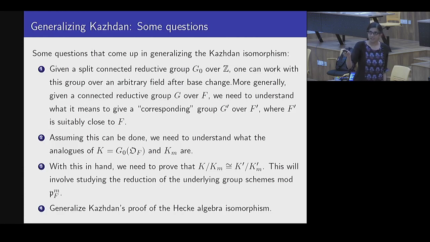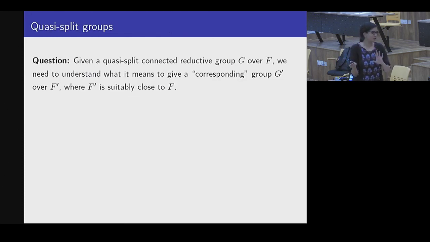Now, this question can be done generally. Given a group over F, one can make sense of what it means to give a group G prime over F prime. Loosely, to give a connected reductive group over F, you give a split group and you give an element of H1. So giving a split group over Z already takes care of this, and you want to choose the same form. So we prove a comparison theorem of the pointed sets H1 and compare and make precise what it means to give a group G prime over F prime. I will just explain how this is done for quasi-split groups. It can be done more generally, but